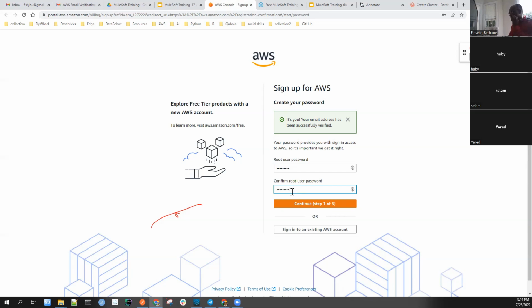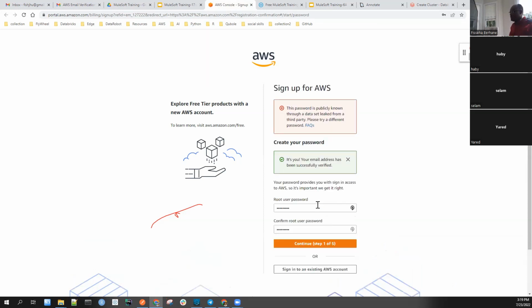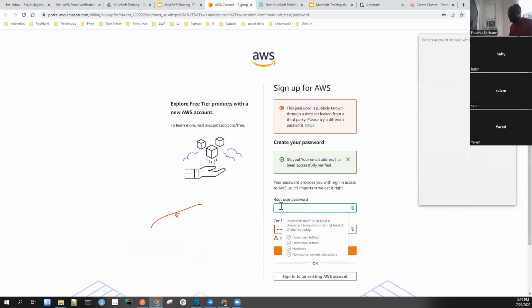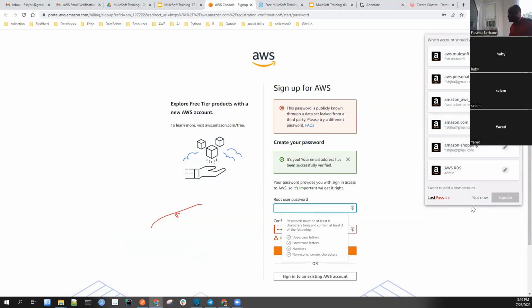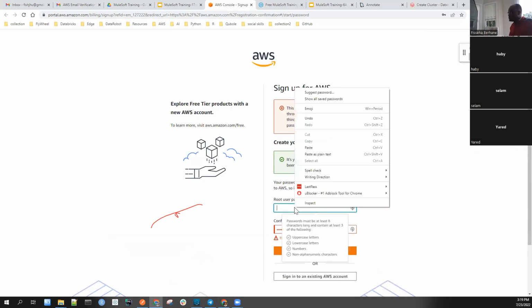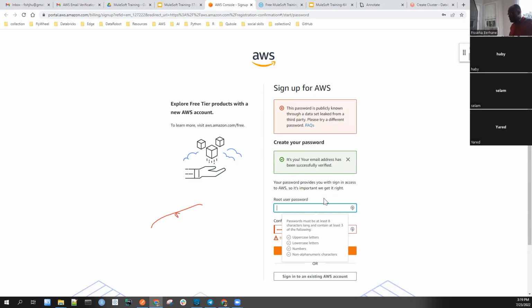So provide password. Then click continue to step 1 of 5. Okay, the password is what it is saying. So what I can do is just provide a stronger password. In my case, since I have password here, I'll just copy some password from here. So copy password, paste,